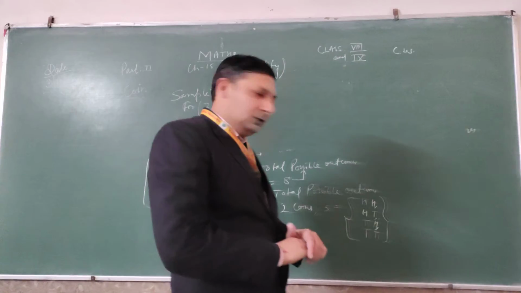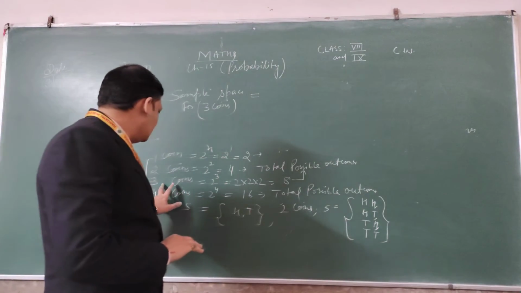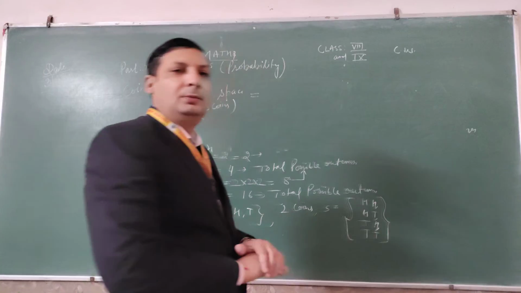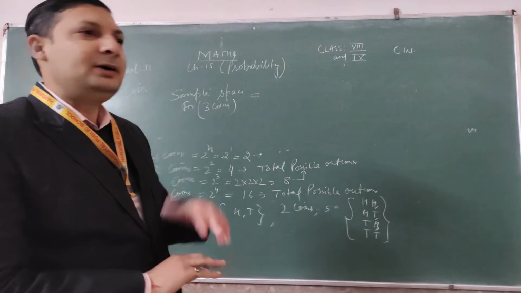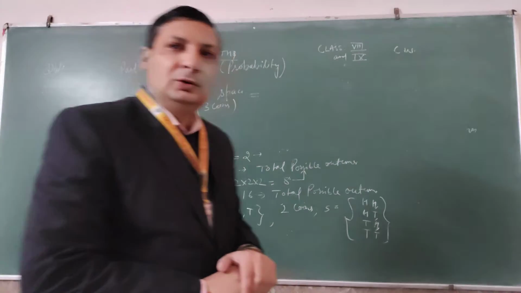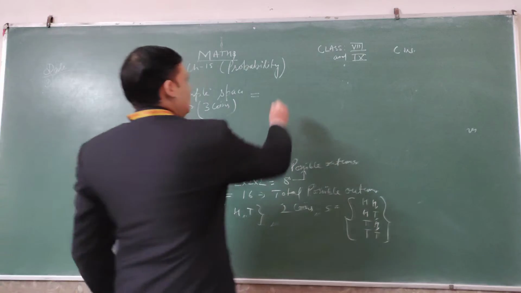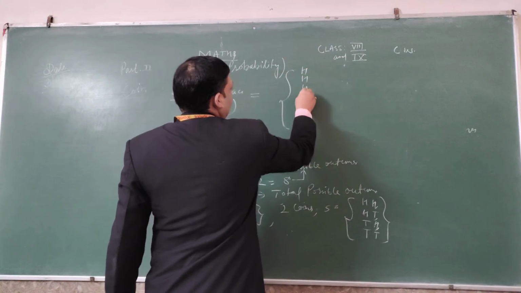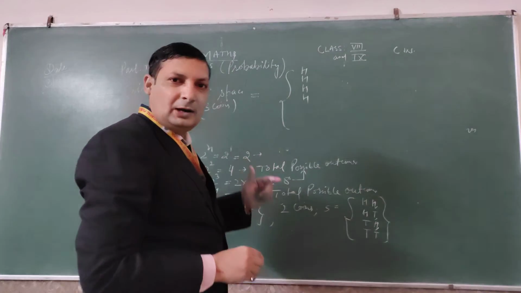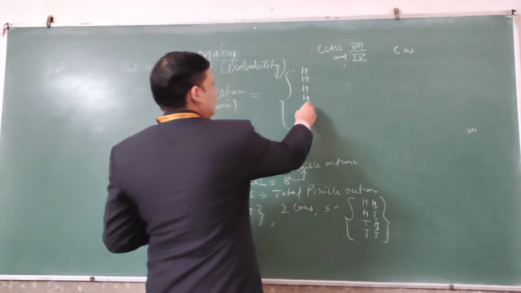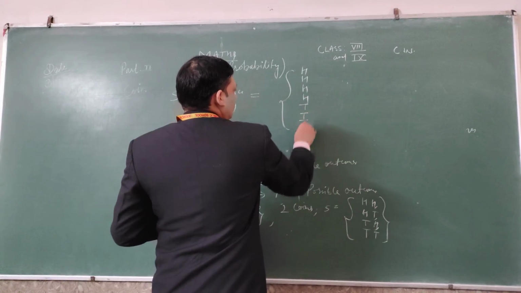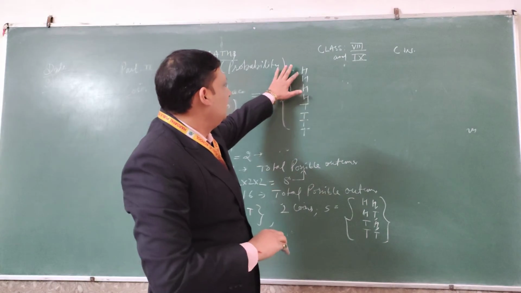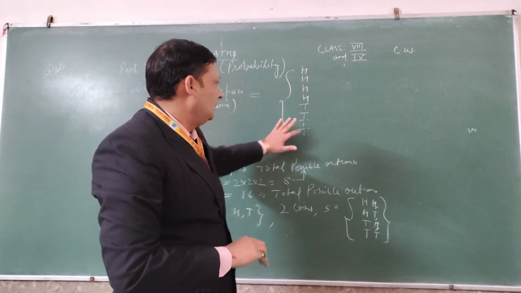So see here, when we toss 3 coins, it means 8 possible outcomes will come. So what I have told, every time divide the total outcome by 2. Half of 8 is 4. So I will write in the curly bracket 4 times head, 4 times head together in the row. Then the remaining half, 4 tail. 4 head, 4 tail. It means total outcome will be 8. 1, 2, 3, 4, 5, 6, 7, 8.